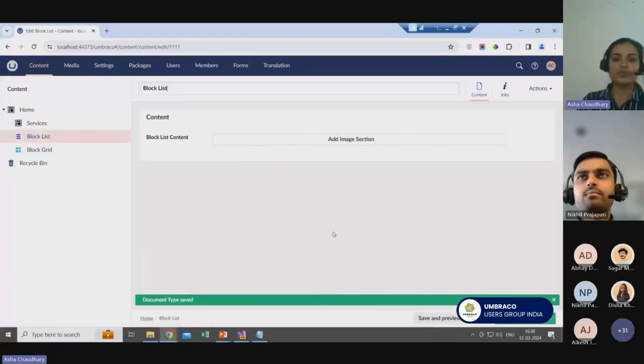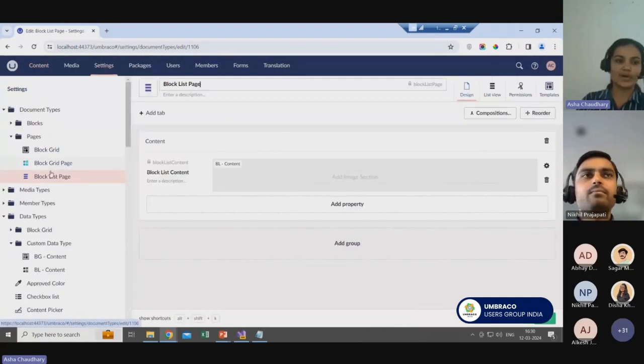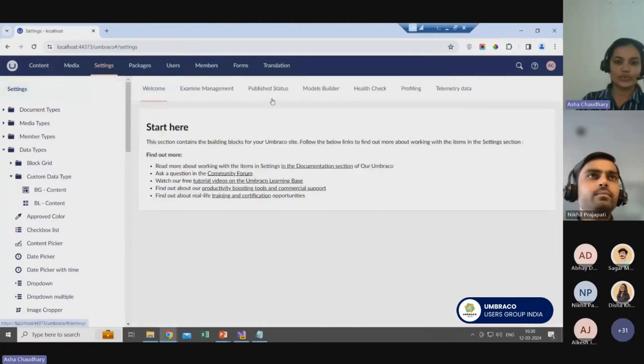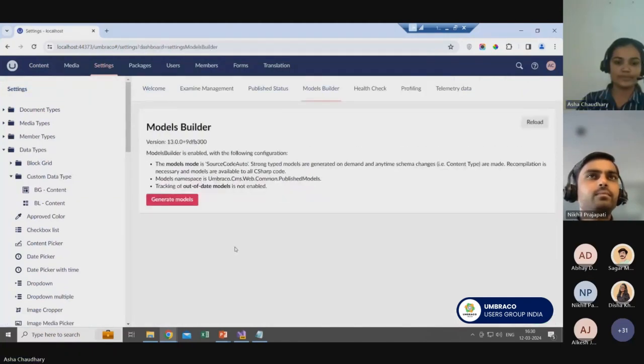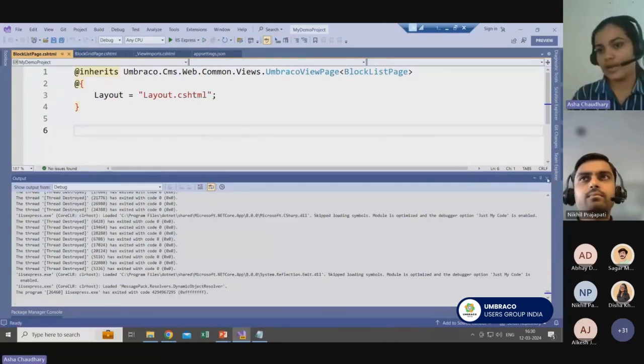But before we move to the content authoring, definitely we need to remember that we just made the architecture at the back office, but we need to write some code on the template side, or the Razor file, which can give us some output. So let's make sure to build the models. I'll come here. I'll stop my project. And I will create